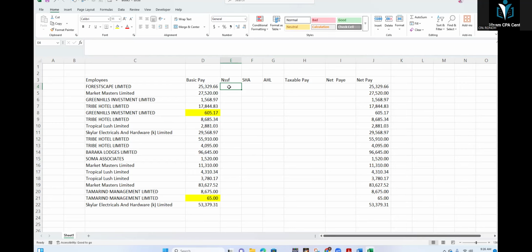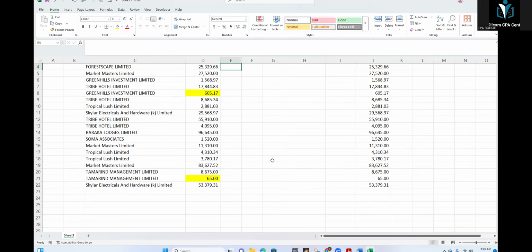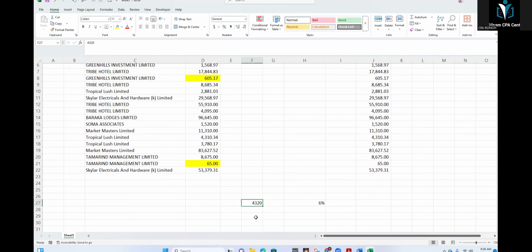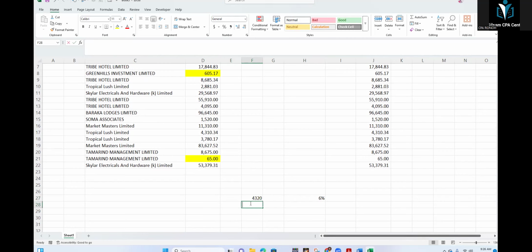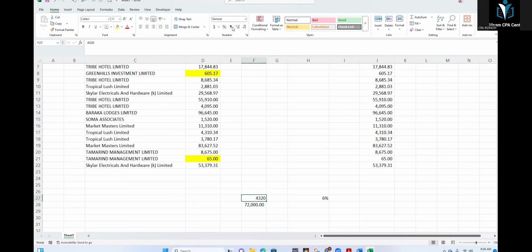So I will say the NSSF, what you only need to remember is the upper limit. The upper limit is 43.20. So the rest is the 6% of that. And the taxable limit is 72,000. So these are the only criteria which you have to remember. The upper limit is above 72,000. Anything else will be